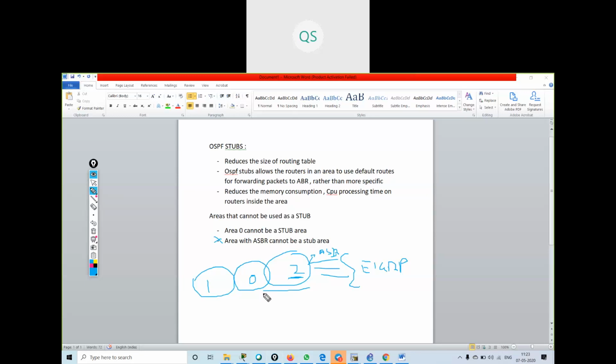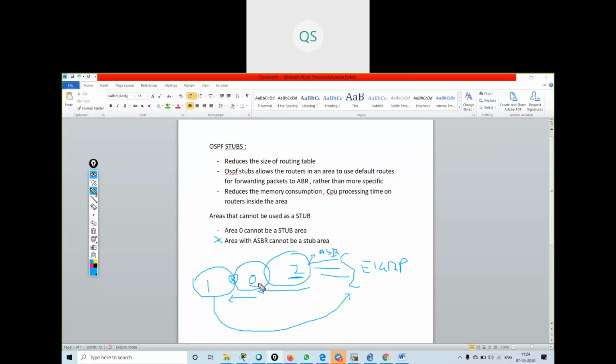Now this area is area 0, so again it will not be a stub area. Now it will come over here, and this area I can make a stub area. What will happen in a stub area? The area will not have all the E1 and E2 routes. It will only have one default route, which will forward the packets to the ABR router.